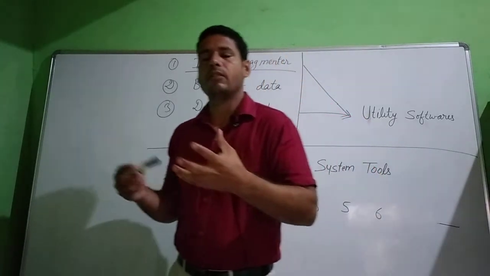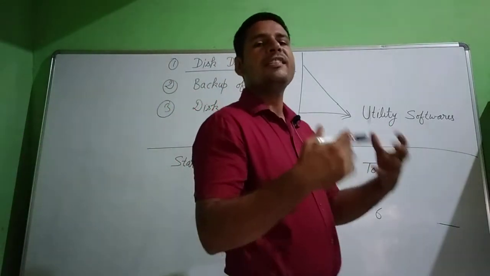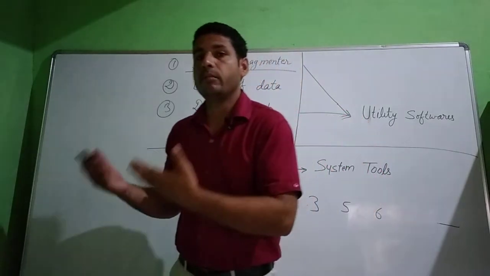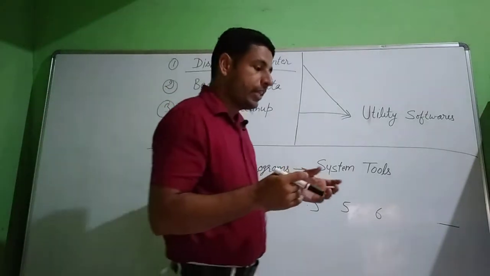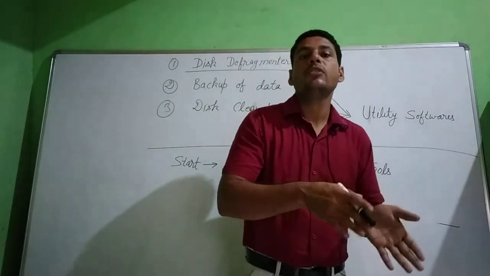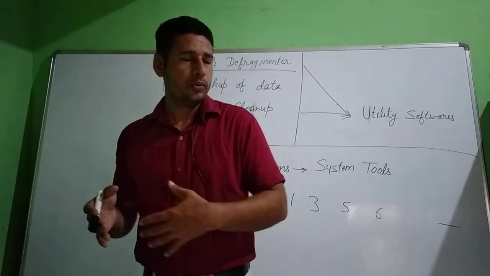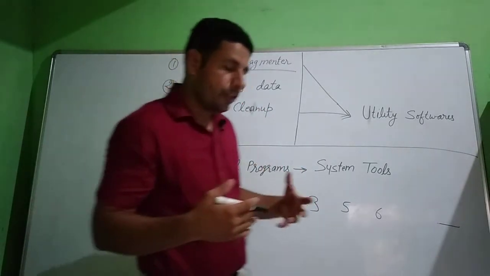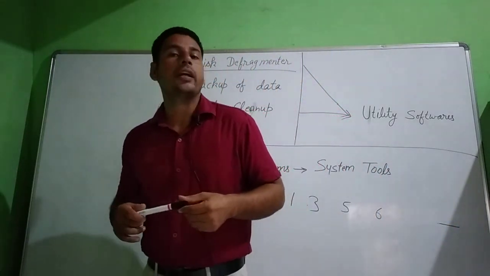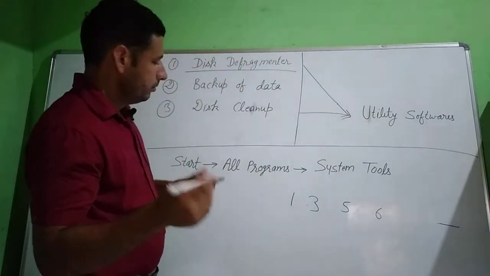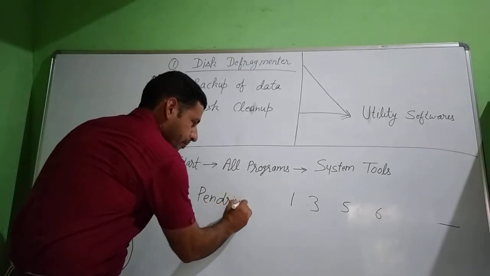If by chance our computer system stops working and we have important files in our computer and we are unable to start our computer, then how can we use those files? So we can take a backup, or you can say a duplicate copy of that data, in some devices. What are those devices? I will tell you. In some devices, and we can use those later. So what are those devices in which we can take the backup of the data? You are all aware of a very popular device that is called pen drive.